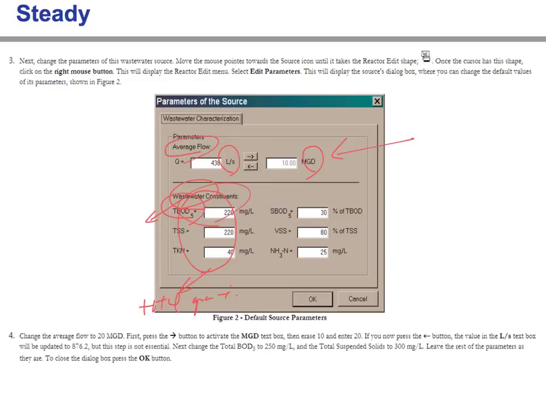And among all the BOD, some of it is soluble and some of it is insoluble or particulate. So that information is also required to estimate the removal efficiency by primary treatment and secondary treatment. So that's the portion of the soluble BOD among total BOD. This is the portion of the volatile suspended solids among the total suspended solids, and this is the actual concentration of